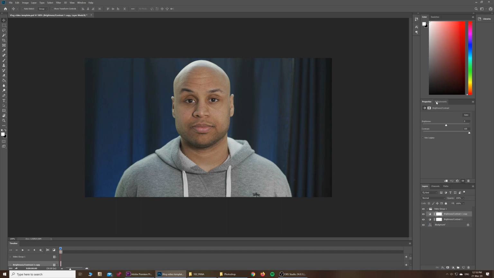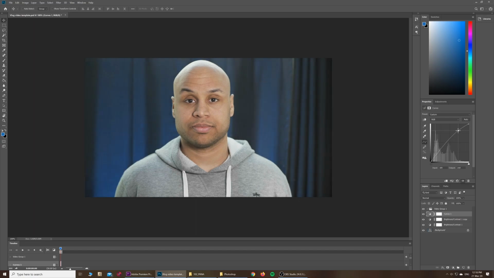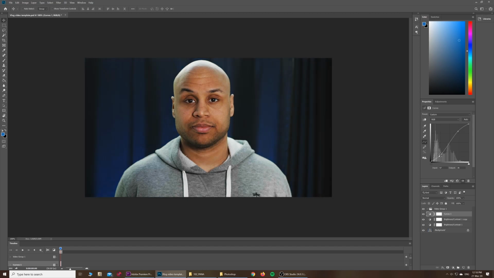Go back to adjustments, let's create an S-curve. Okay, so an S-curve, you click on this one, the curves are down here. With an S-curve, you can control your brightness and your darkness. You click on it, it adds a little dot. The top bit controls brightness. The bottom one controls darkness. Let's make an S-curve, add a lot more saturation,